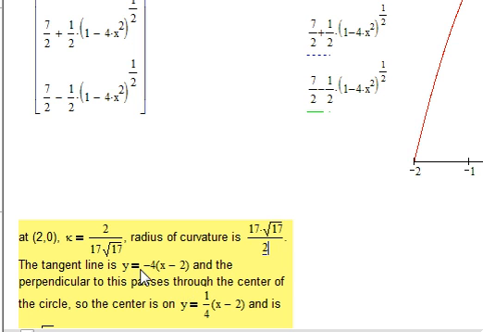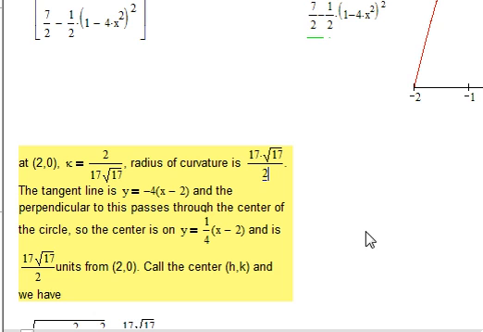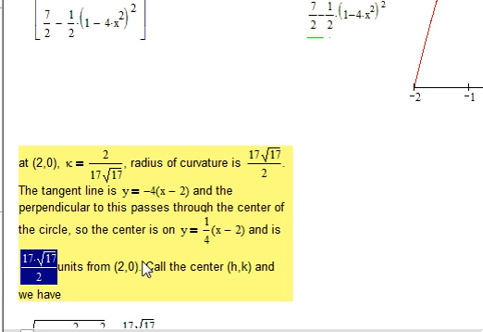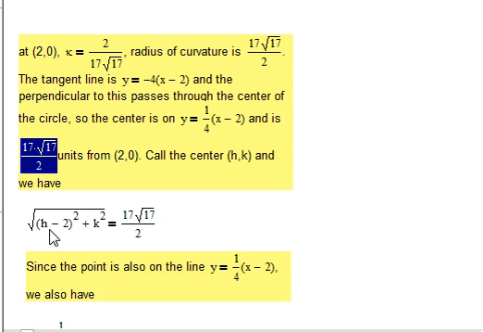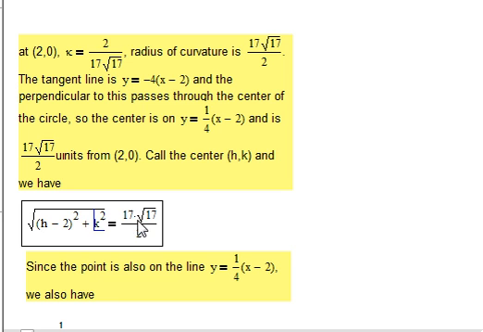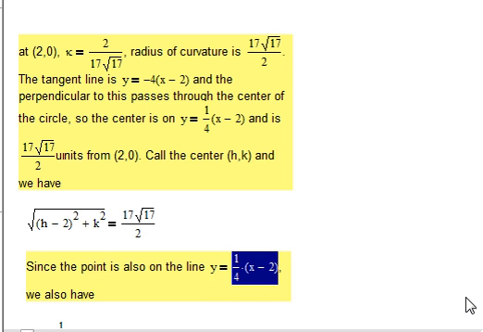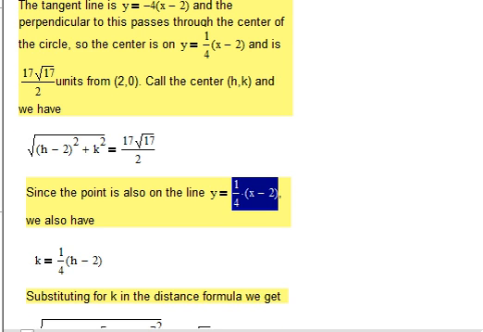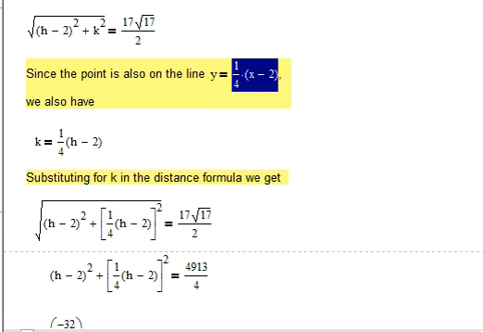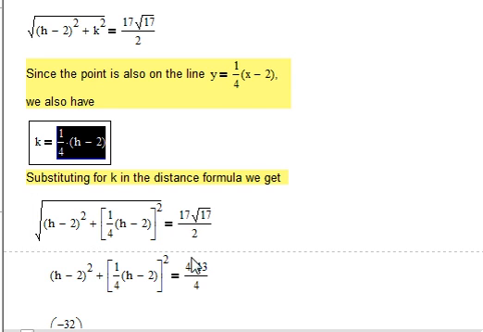The tangent line is y equals -4 times (x minus 2), and the perpendicular to this passes through the center of the circle, so the center is on this line, and is 17 square root of 17 over 2 units from (2, 0). Call the center (h, k), and we have (h minus 2) squared plus k squared equals 17 squared times 17 over 4. So the point is also on the line y equals 1/4 times (x minus 2), and we also have k equals 1/4 (h minus 2). Substituting this in for k in the distance formula, we get